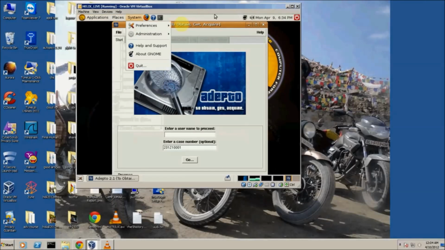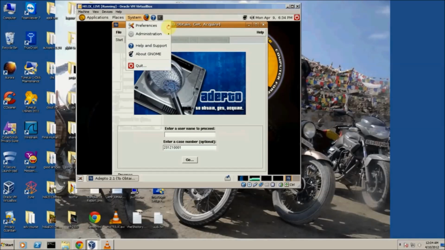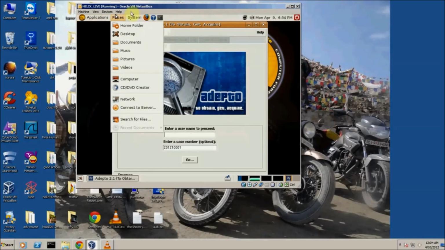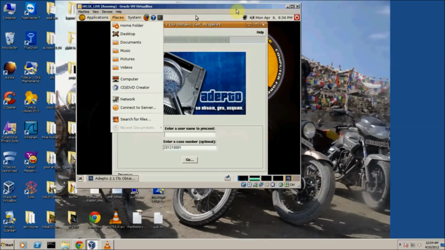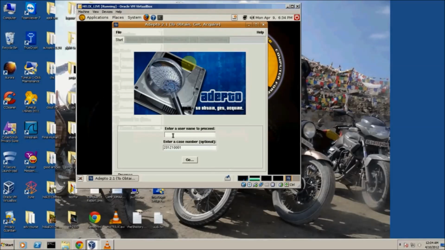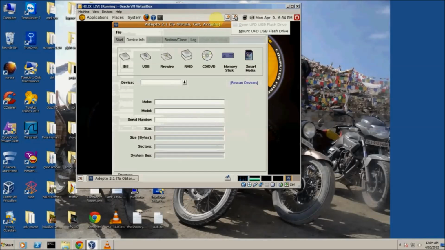Before that, we go and mount our devices, that is the 8 GB pen drive and the 256 MB drive. You should check that a tick mark is there on both drives after mounting. Then we will go forward and proceed with the tool. Here we enter our name. There will be a unique case number assigned, then enter. First we will check whether both drives are mounted or not. After mounting both,